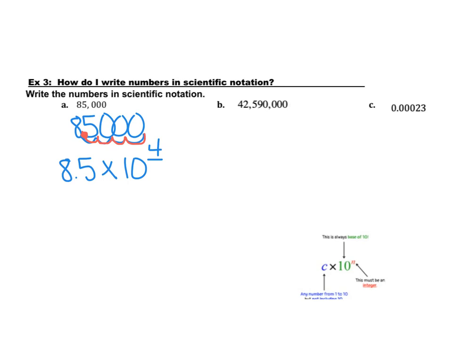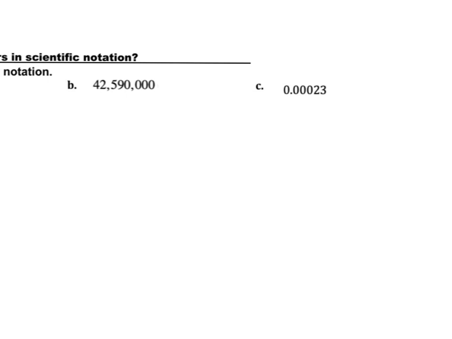for my exponent. All right, so for our next example, I have 42,590,000. So again, that first number has to be greater than or equal to 1, less than 10. So I'm going to go ahead and rewrite my original number. Okay, so if I place the decimal place right here, I have 4.259, and that makes a number that is greater than or equal to 1, less than 10. So that will become my first part, that's C,